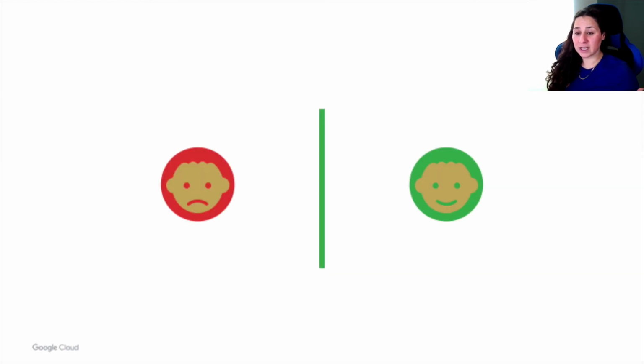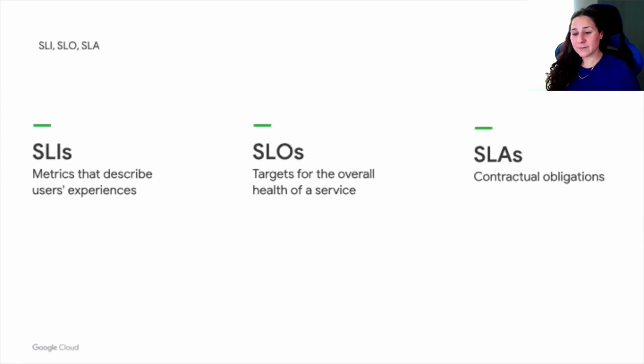But where do we draw the line between a happy user and an unhappy user? We need to ask ourselves at which point our user will notice that things are down. We call that measurement a service level indicator. An SLI tells you at any moment in time how well your service is doing. Is it doing acceptably or not?